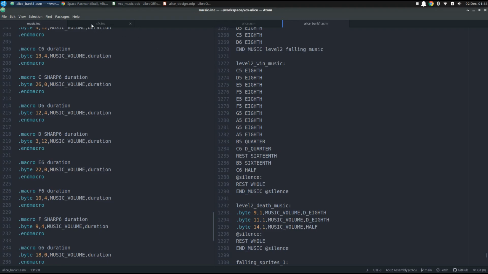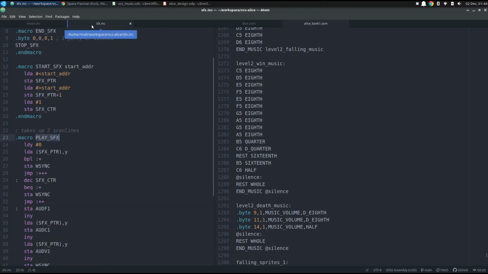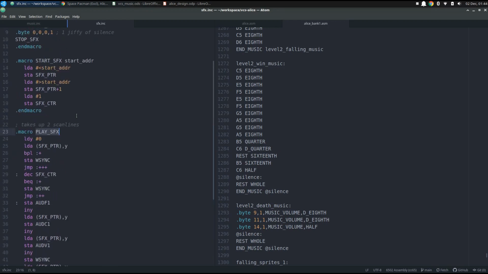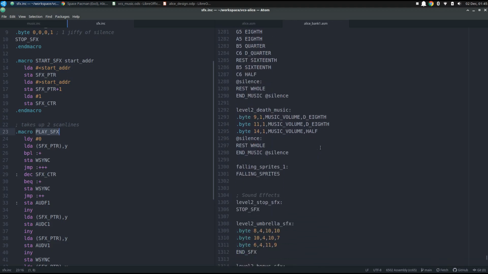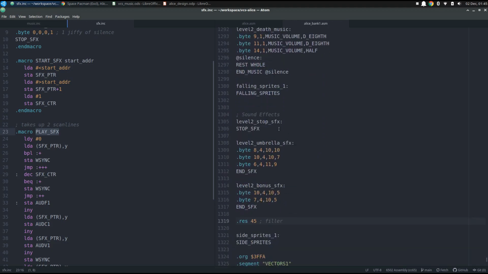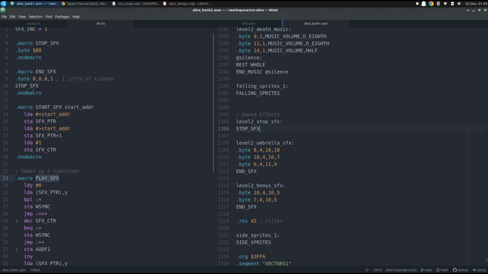And then for sound effects, I have a very similar include file where basically you can just cue and play the effects, these two different macros. So you call start SFX when you want to start it, and then it points it to this effect. Generally, when you have a sound effect, you need to be able to have an initial resting point for it. And so just by having this stop SFX